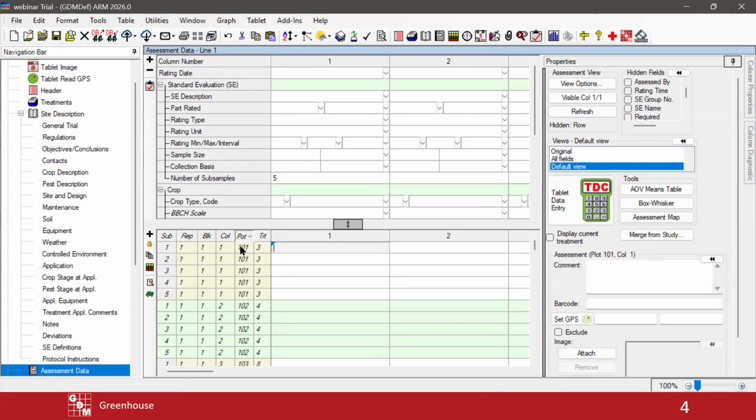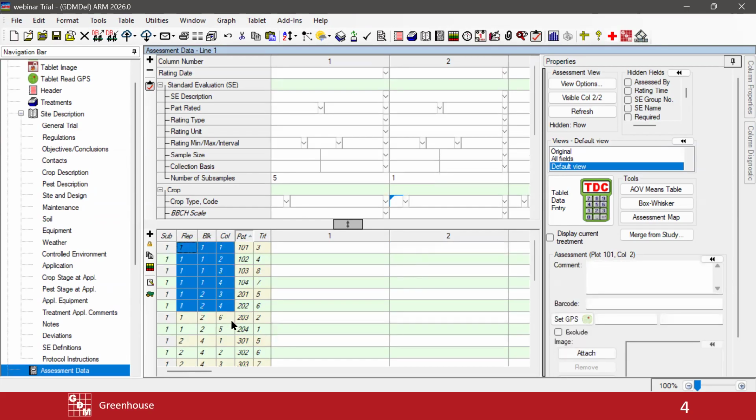Sometimes the drag and drop, if there's a lot of plots, that dragging and dropping can be a little slow because it's refreshed. It's got all of the different plots to deal with. So just one other trick that might be useful to make the map how you would want is